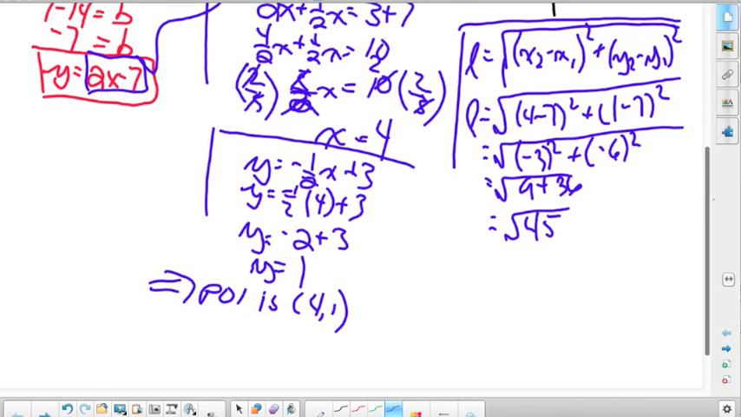Right? This is why you don't need your calculators. Square root of 45 is an acceptable answer. Want to simplify this radical? 45 is the same as 9 times 5. So the square root of 9 is just 3, so 3 root 5. So therefore that is the distance of the shortest